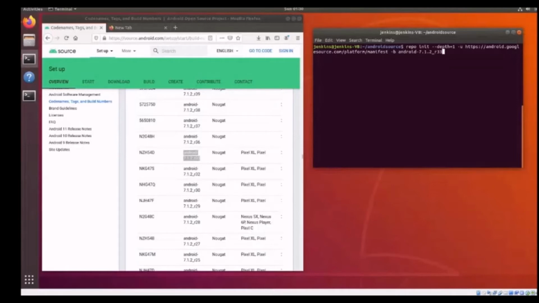In this command, the arguments --depth and -b carry a high weightage. -b corresponds to the AOSP branch name, and --depth helps us reduce the time involved in fetching the source code, and also it saves the disk space. --depth indicates that we are not worried about the history of the branch. We would just fetch the latest source code available in that branch.